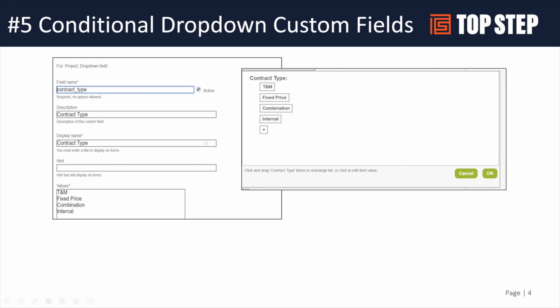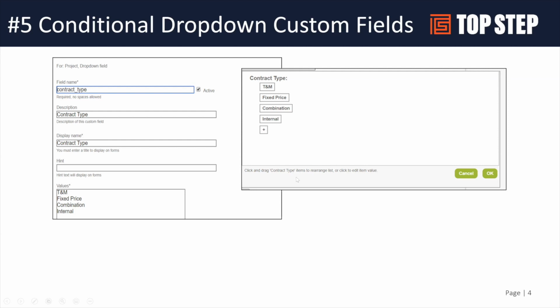You get this pop-up that allows you to edit the values in this pop-up field. So it's drag and drop and editable, so you could reorganize the drop-down values, which is nice. You can add here using this plus sign. You can double-click to update the verbiage, the spelling, or what have you,